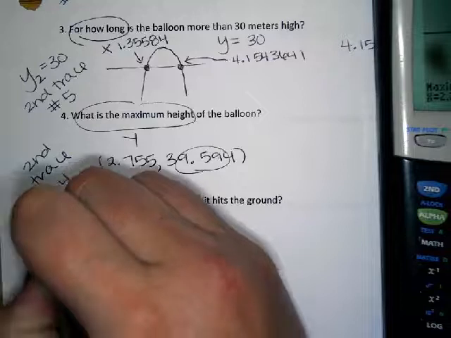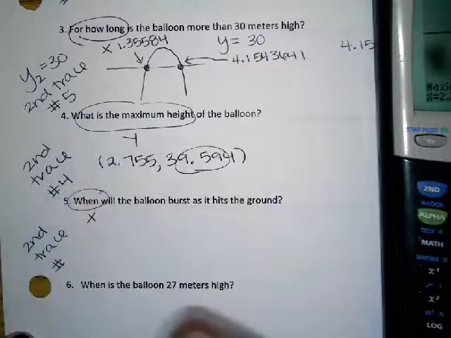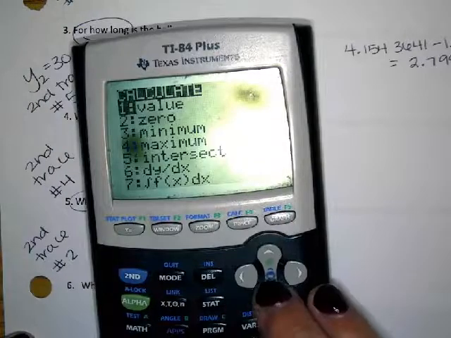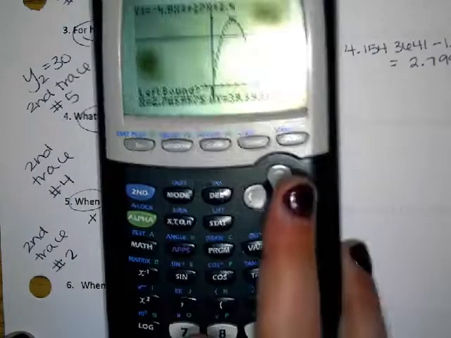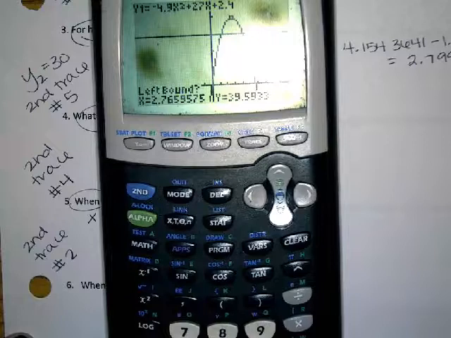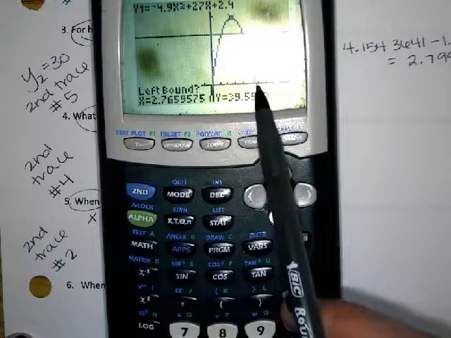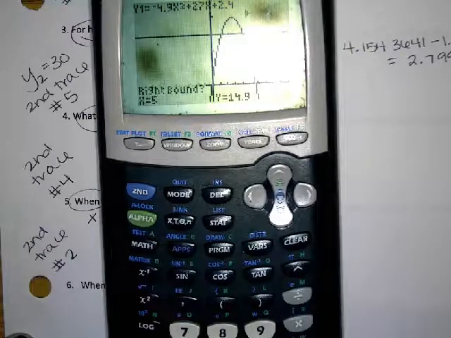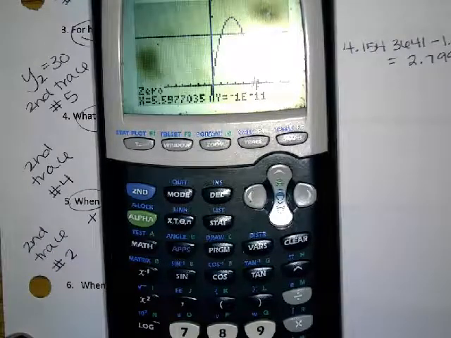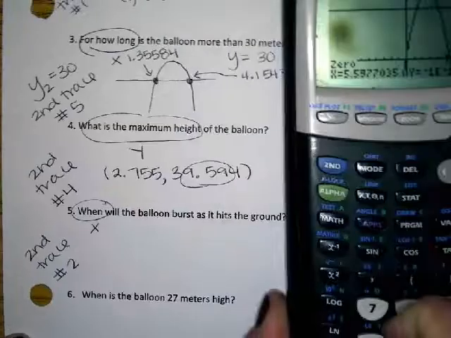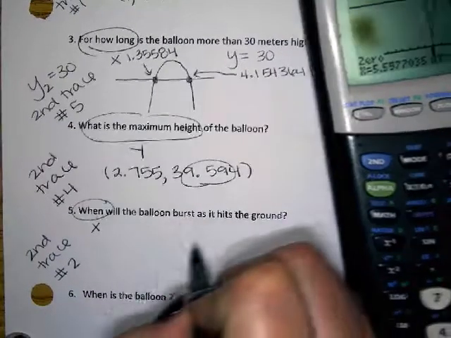And what are we going to use for our left bound and right bound? 5 and 6. Second trace number 2, you said? Yep. You just put the 4, 5, and 6. You have to make sure